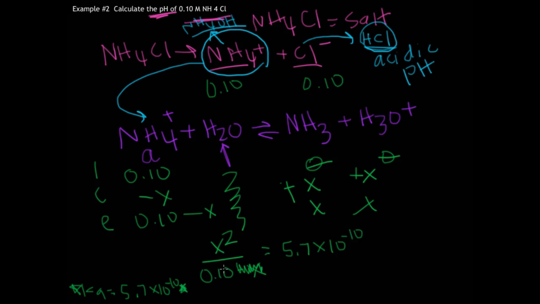Now, let's say they gave you the Kb of ammonia. You would have had to turn Kb into Ka using that Ka-Kb equation. So then here's what you do. You multiply both sides by 0.1. Take the square root to get X. X ends up being,